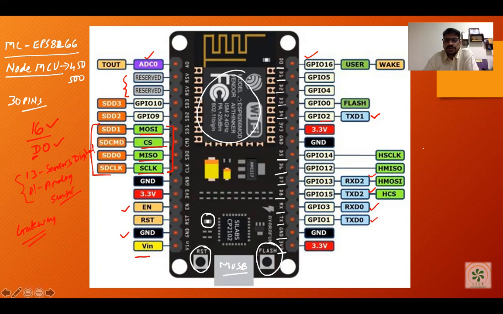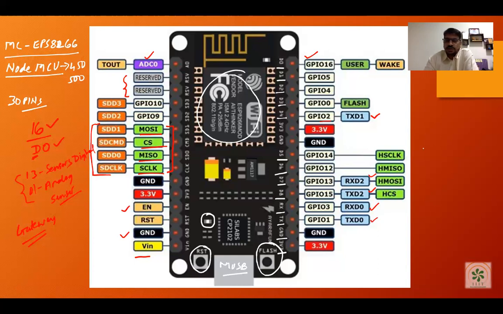So you can see that this particular board can act as a gateway node. How? Because we can give a specific IP address to this board, and if the board itself is connected to the internet, it means that it is a gateway node. It will act as a normal node also, and if you want to make it work as a gateway node, then that is also applicable.